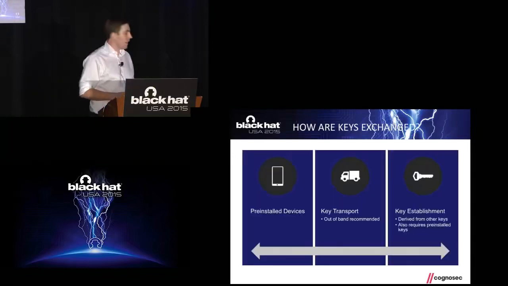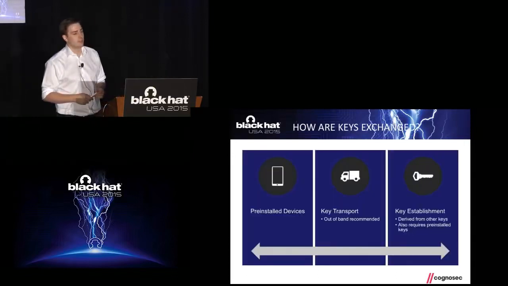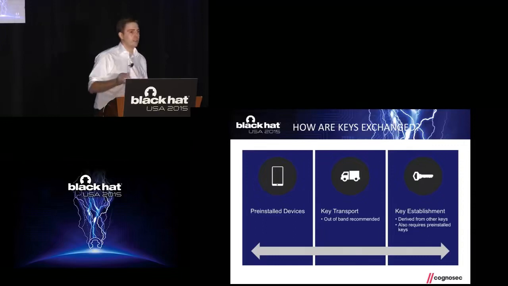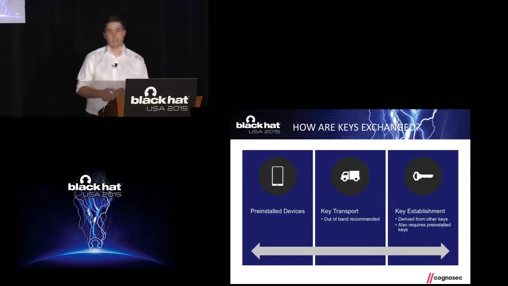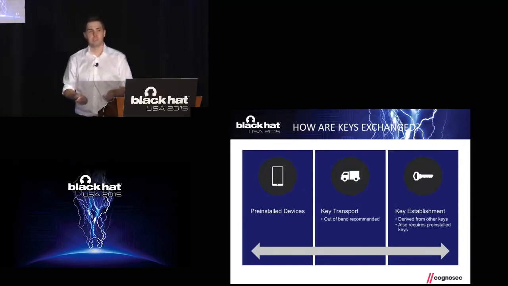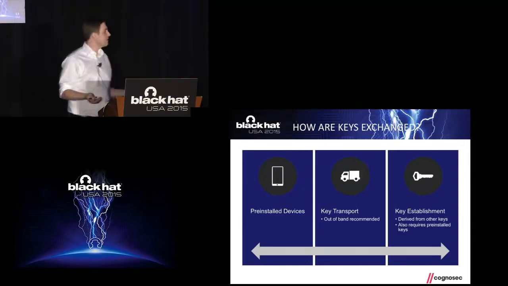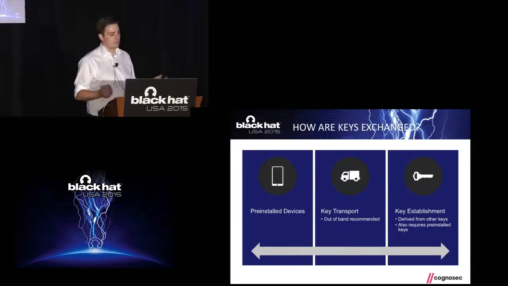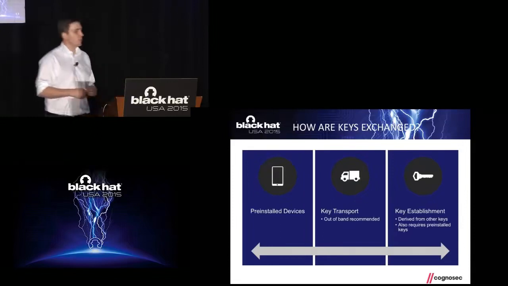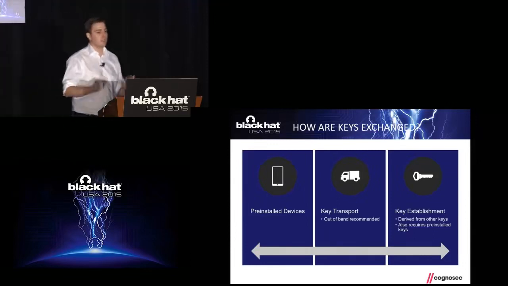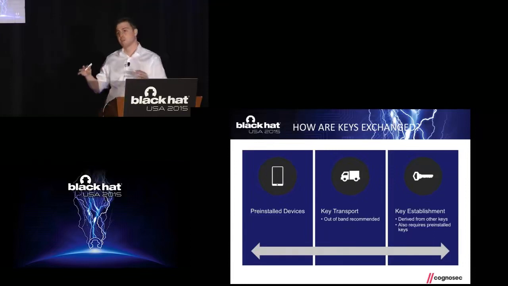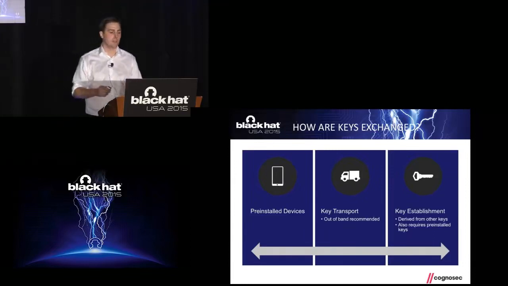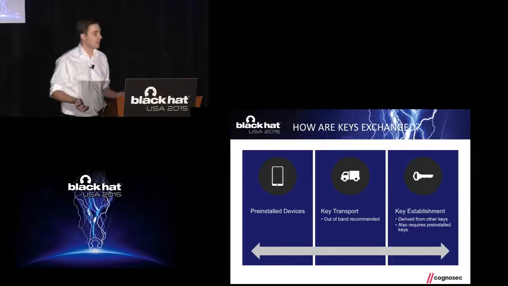So how are the keys exchanged now? ZigBee specifies 3 different ways to exchange the key. The first is that they are pre-installed by the vendors, which means the devices know each other. We've seen this once in the real world, and it's okay. So there is no key exchange of some kind. They know each other. But when you want to add unknown devices to your system, you will have to implement some kind of key transport mechanism.